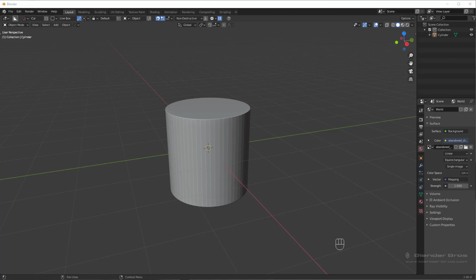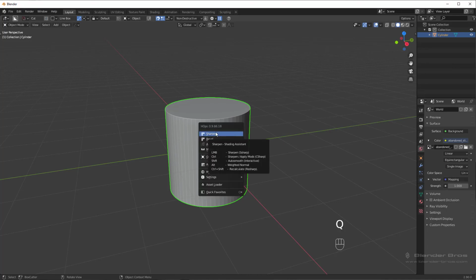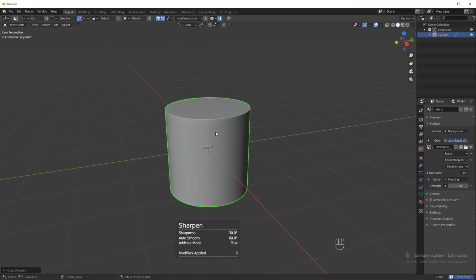So the first tool we have here is Sharpen in Hardops. If we select the cylinder and press Q, you're going to see an option here for Sharpen. Now there's a few different settings in the Sharpen tool. Very generically, if you just click on Sharpen, which we do 90% of the time, what it does is it